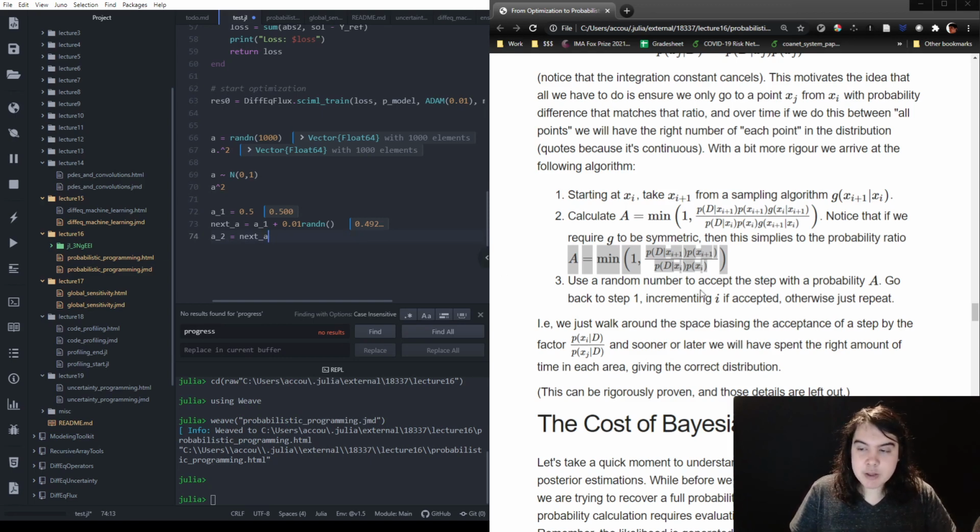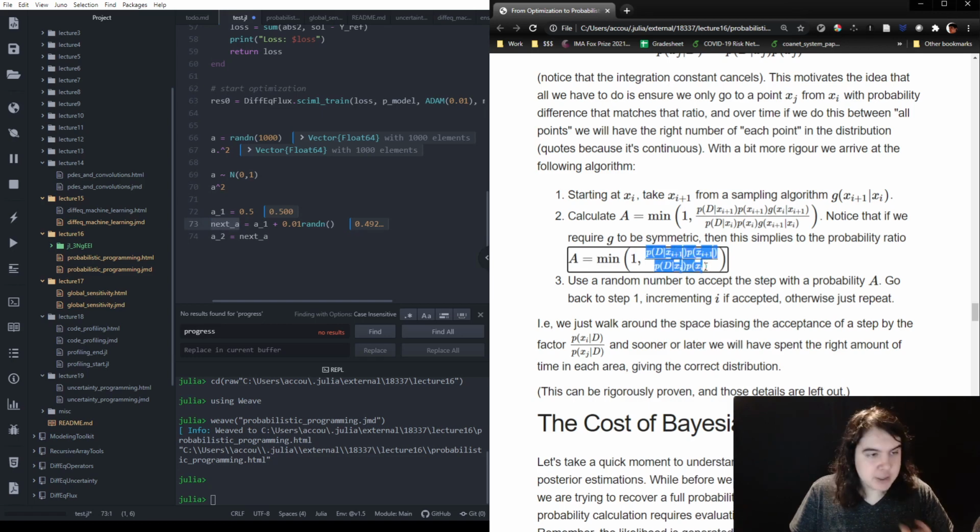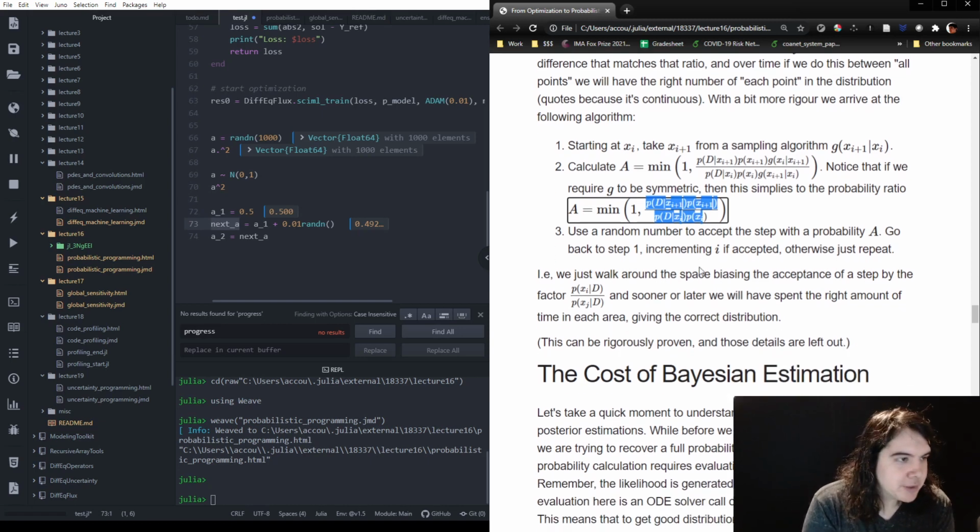The probability that you take that value as your next parameter point is essentially given by the ratios, right? It's a value from 0 to 1, so you use that probability. And so the interesting thing about the Metropolis Hastings algorithm is that if you use this algorithm,